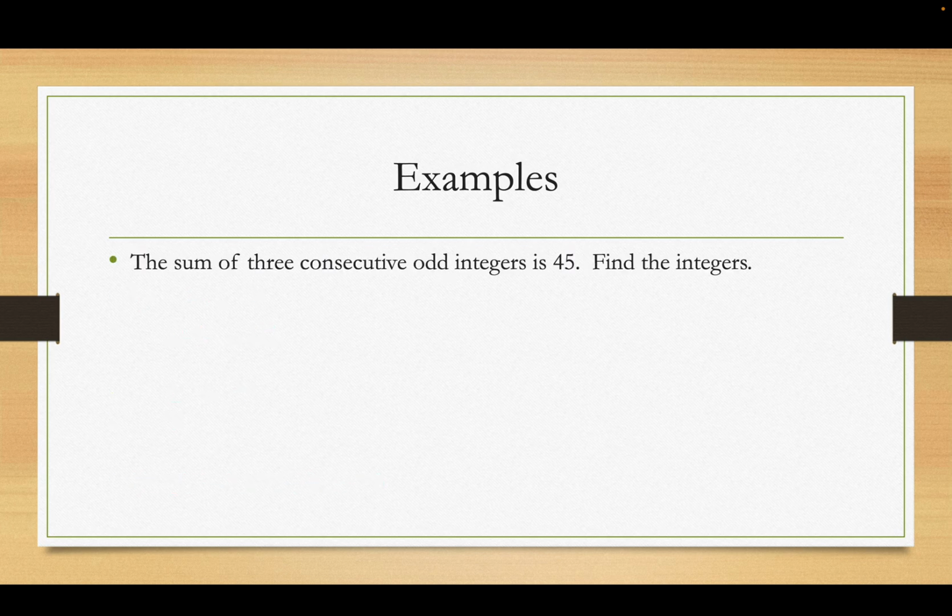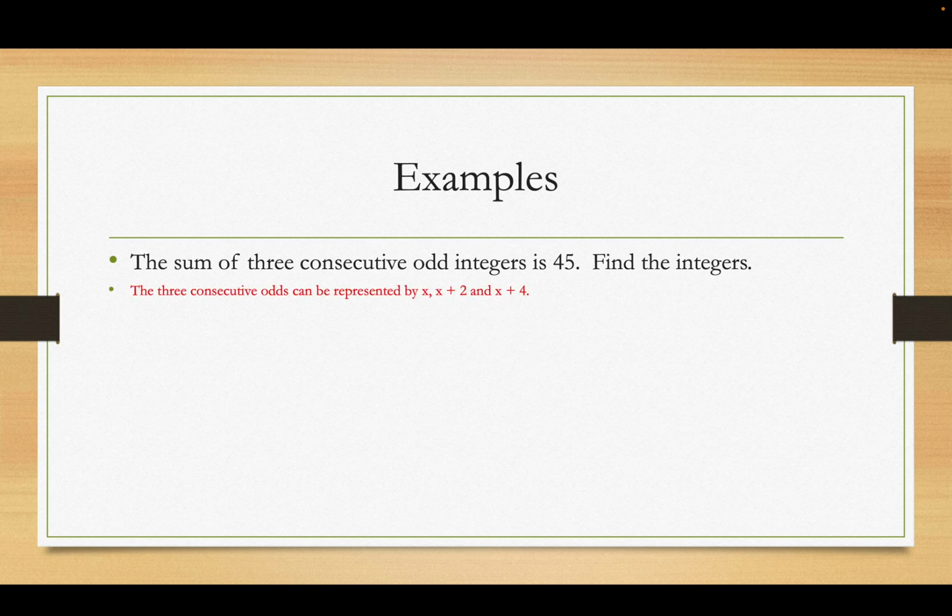All right. Sum of 3 consecutive odd integers. This is going to get just a little interesting. How do you represent odd integers? Well, think about your favorite odd integer. I have 2 favorites. I have like 3 and 7. So let's go with 3. What's the next odd integer? Well, it's 5. How do I go from 3 to 5? I go up 2. And then from 5 to 7, I go up another 2,